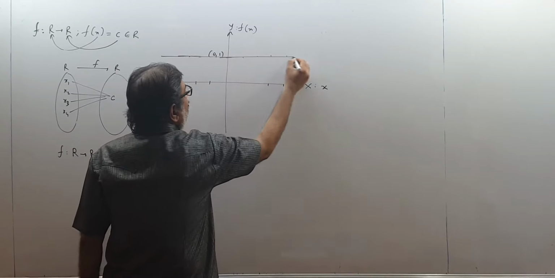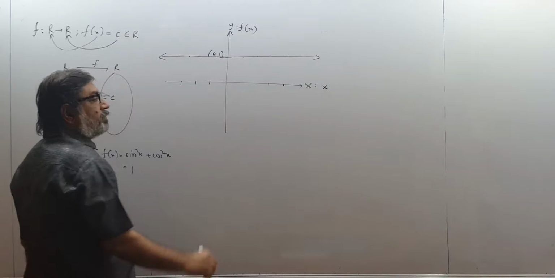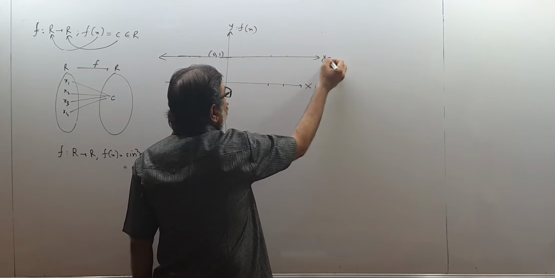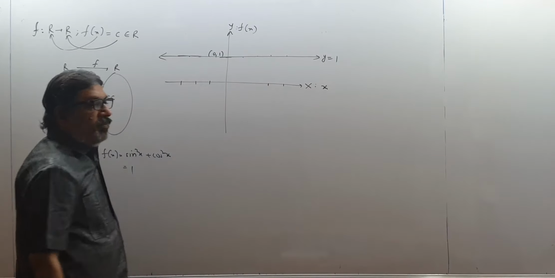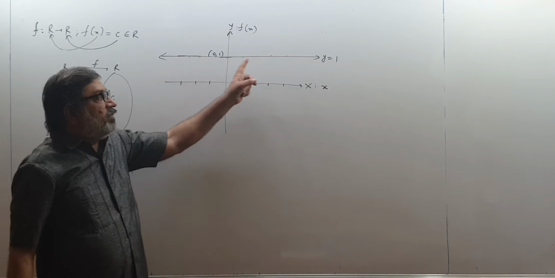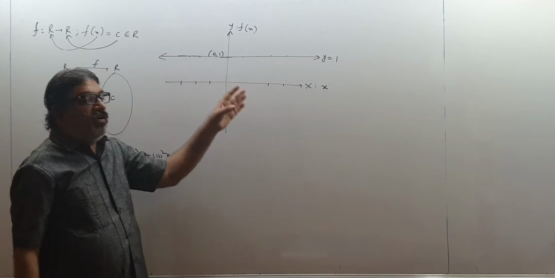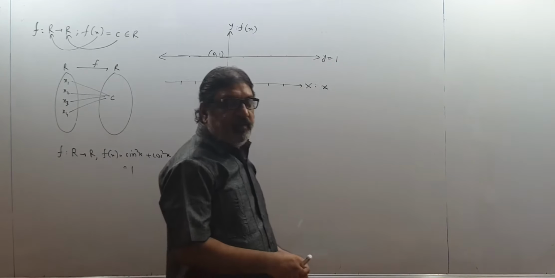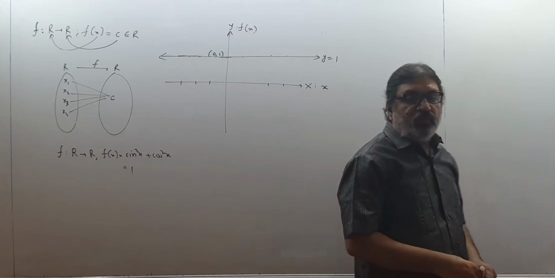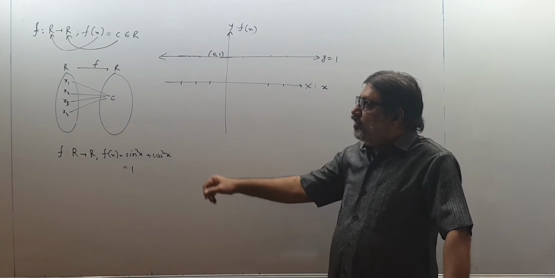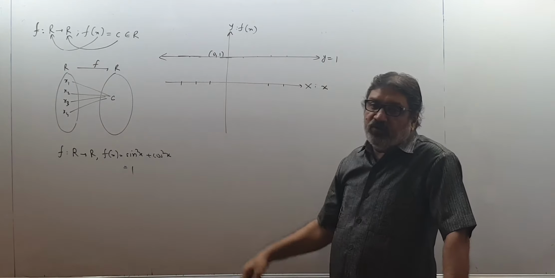So you can see the graph will be a horizontal line. And this height is 1, therefore the equation will be y equal to 1 for this line. From basics of coordinate, the equation of this line will be y equal to 1. So this is the graph of constant function. It will be a horizontal line, and because it is a horizontal line, its slope will be 0. So f(x) equal to c, the graph will be a horizontal line like this.